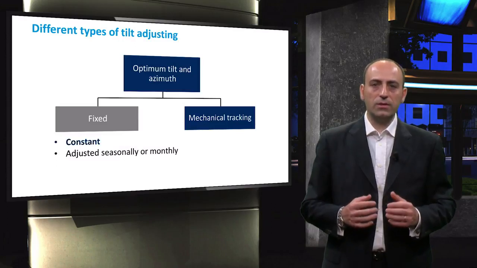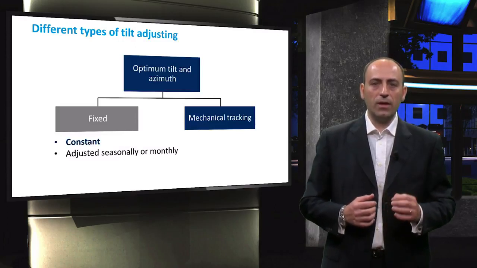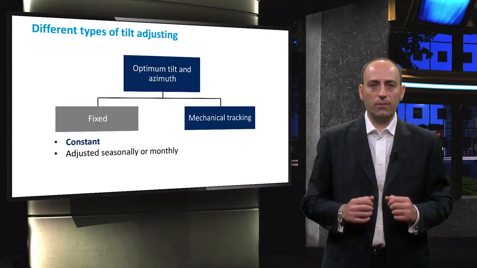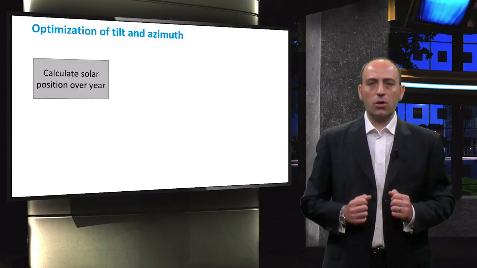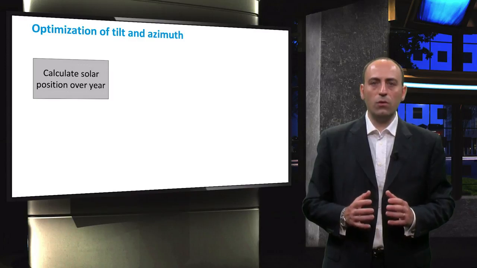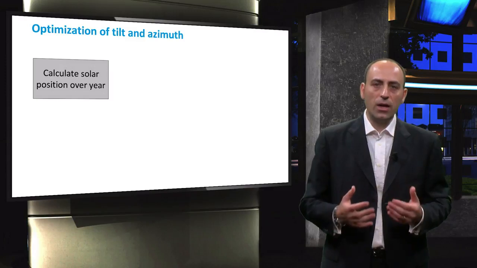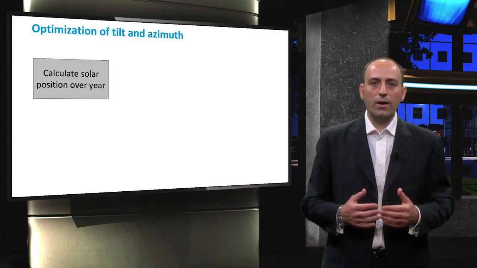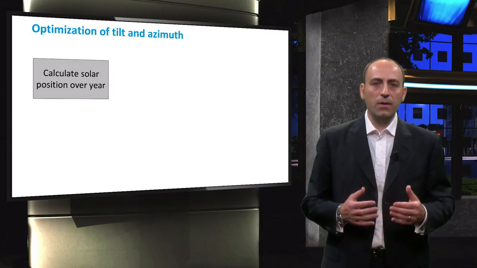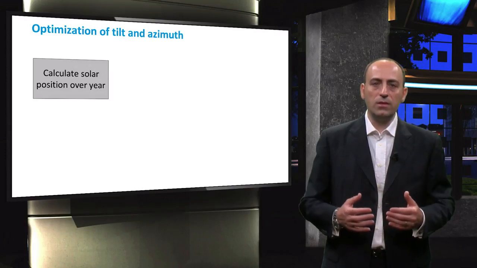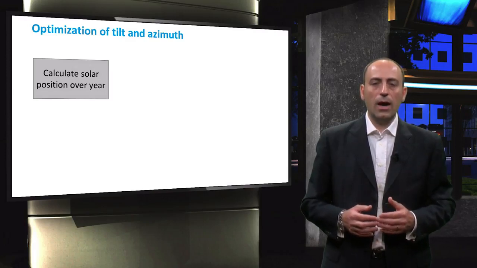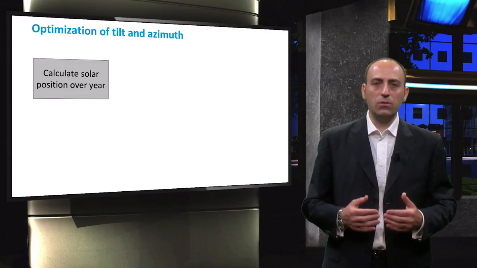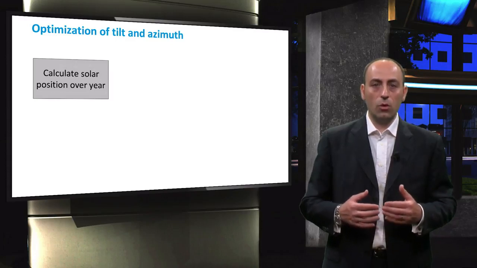Let's start to calculate the optimum tilt angle for a panel with a fixed position over the entire year. The best combination of module tilt and azimuth angle is found using all the concepts we have discussed until now. The idea is to calculate the position of the sun for whatever time step you decide, to acquire an accurate tilt prediction. The measurement interval can be every hour, 10 minutes, or even every second, depending on the irradiance information that is available. After computing the azimuth and altitude of the sun with respect to the location of your PV system,